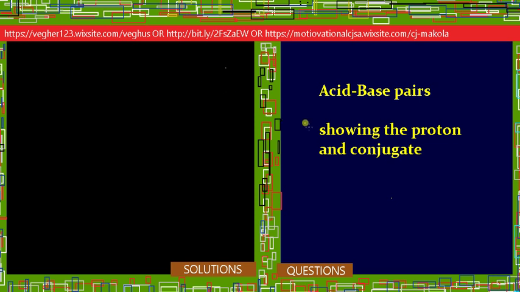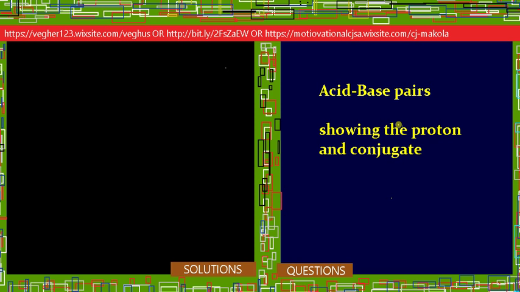Acid and base pair. Here we have to show the proton and the conjugate. For a base, we're looking at the base. The base has a conjugate of acid. So we want to separate the base and the proton, to show the base and the proton,